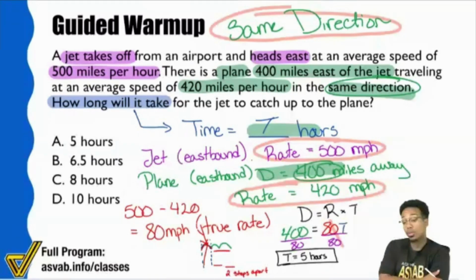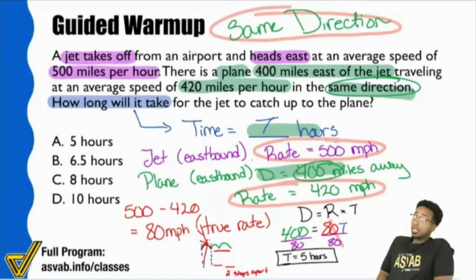Tyree, you absolutely do have to read. Everybody on the ASVAB, there's no excuse for misreading something. You have to be meticulous, detailed, and detail oriented. There's a very big difference between miles and miles per hour. There's a very big difference between opposite directions and same direction. You don't want to get got. You don't want to get confused or roped in.